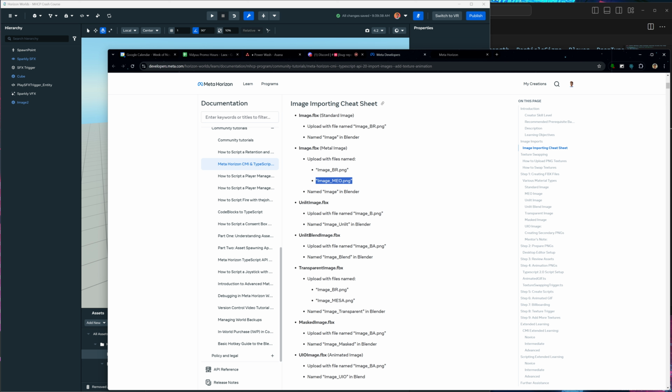image_meo.png. MEO stands for metallic, emission, and occlusion, where occlusion is where you'd see shadows, emission is where you would see light being emitted from it, so it looks unlit, more or less, and metallic is how shiny it is. This is still named image in Blender, but you can create a secondary image, which we see in